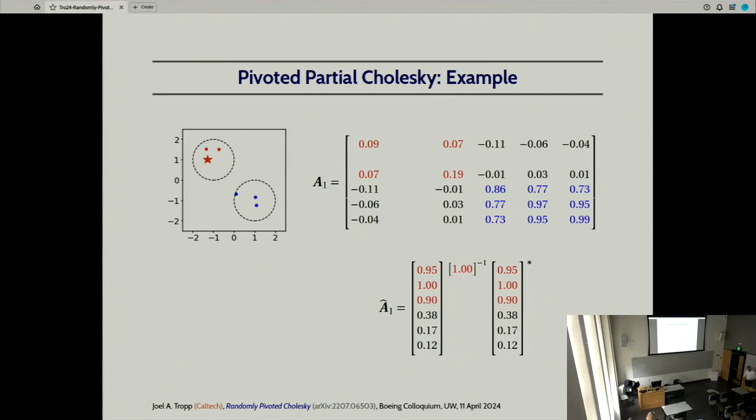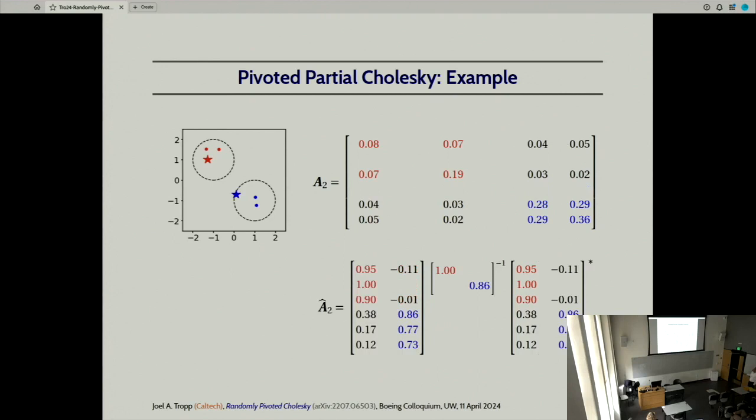So let's eliminate another column. As it happens, we will eliminate the third column, being a little bit arbitrary, but we remove that column from the residual. We add it to the approximation. We divide by the associated diagonal entry, and we update the residual. And so now we can see that this blue point has explained the other 2 blue points pretty well. And so there's really not a lot of matrix left to approximate. So even though we've only eliminated 2 columns, there's not a whole lot left.